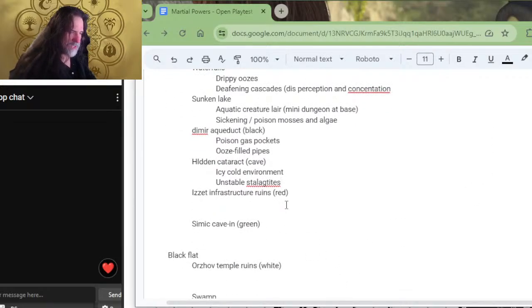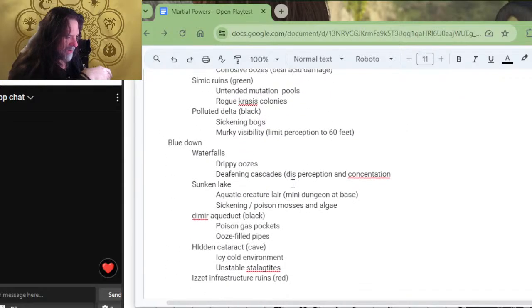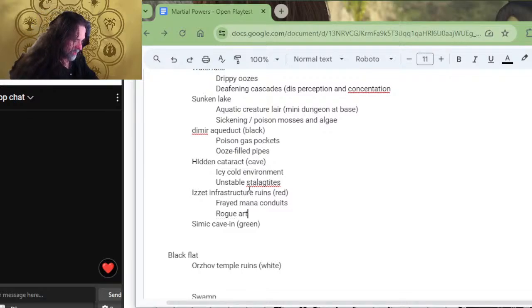Let's see. Is that infrastructure? So this is what, sunken terrain? Blue down. Interesting. So is that infrastructure ruins? So is blue red? It's a blue tile. Normally red doesn't have sunken environments, but this is an infrastructure like steam vents, mana conduits. Yeah, that's a fun idea. Let's see, frayed mana conduits, and how about rogue artifact